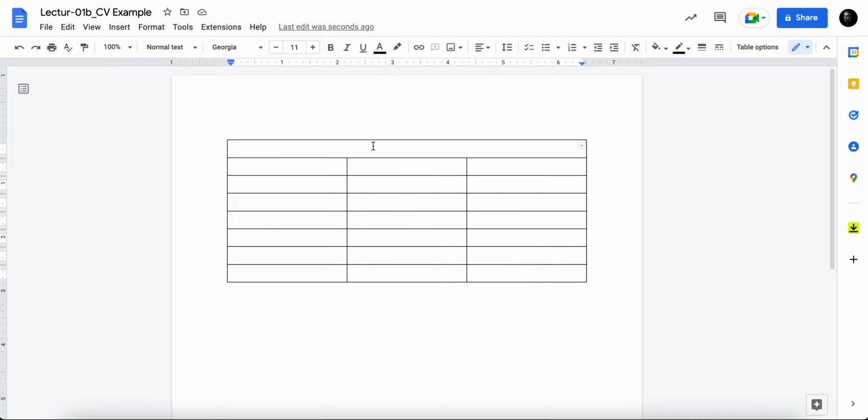So the first one is usually education. And then underneath that, basically the first column will be date. The second column will be the actual thing you're listing. And the third column will be the location. So in this instance, I'll just list my Schreiner degree. So I'll say 2010, graduated in 2010, and we'll say Schreiner